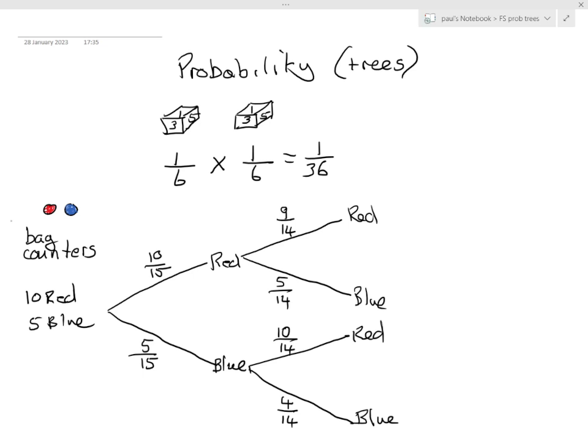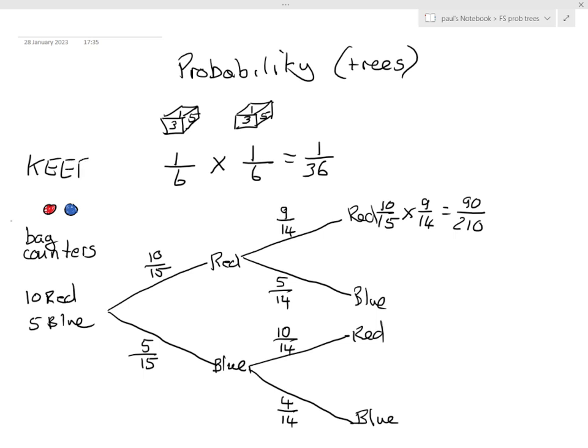Now the thing is, we can get a probability of picking 2 red ones in a row. Remember the dice, we multiply the probabilities to get the final probability of 2 events. So the first event is 10 out of 15, and the second event is 9 out of 14. If we multiply those two together, we have a 90 over 210 chance of going red followed by another red,